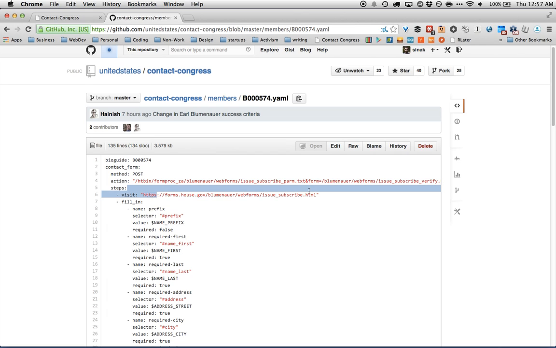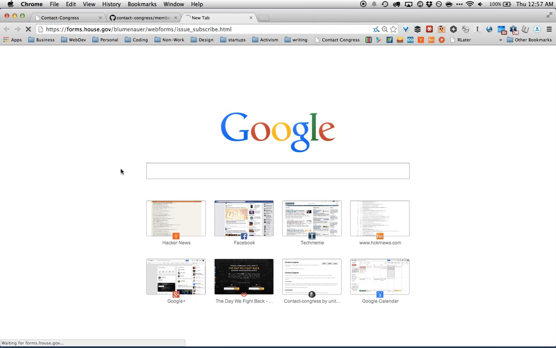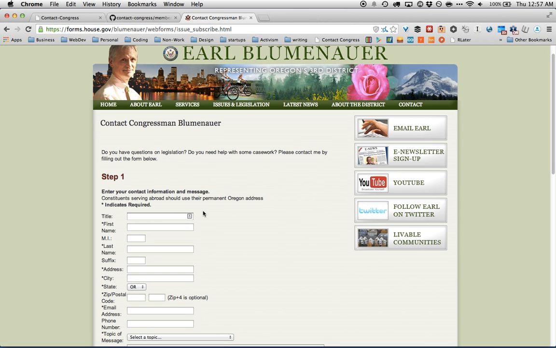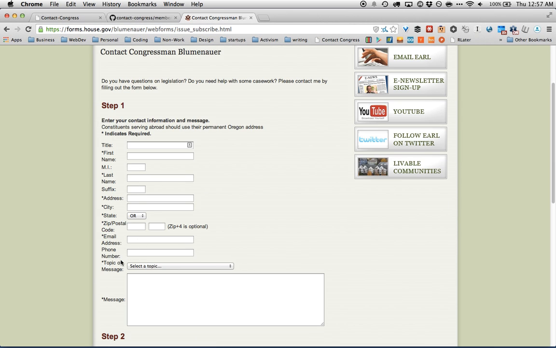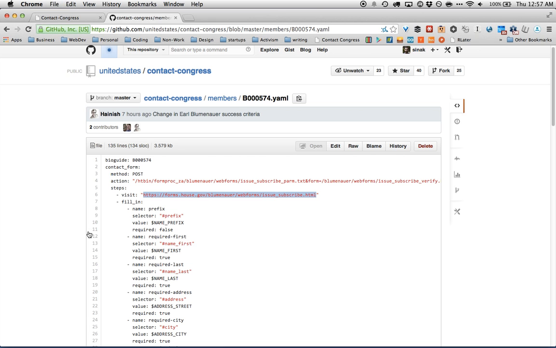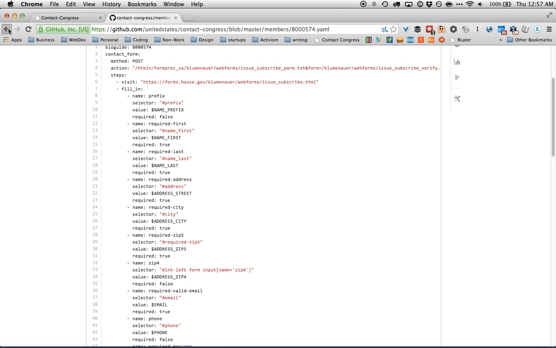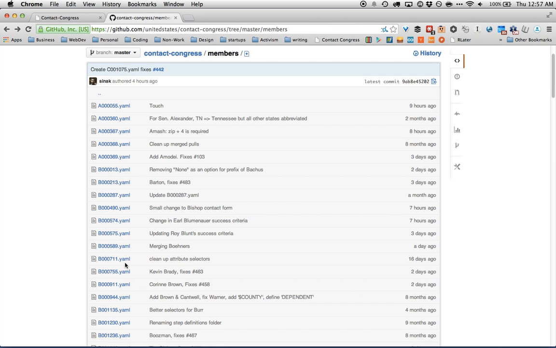out a contact form. So if you look at, for example, this representative's contact form, you can see they're kind of complicated, and each different congressperson has different fields that they require. So this is a unified format that we've designed for filling them in. And we've actually generated quite a few YAML files already. Most of the Senate is already